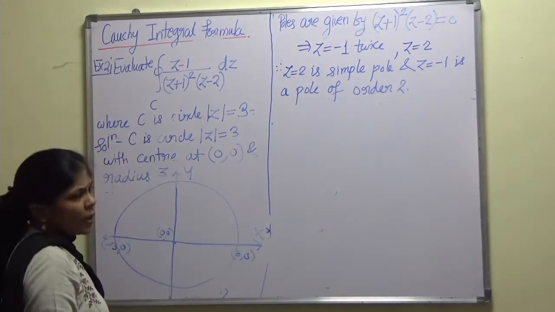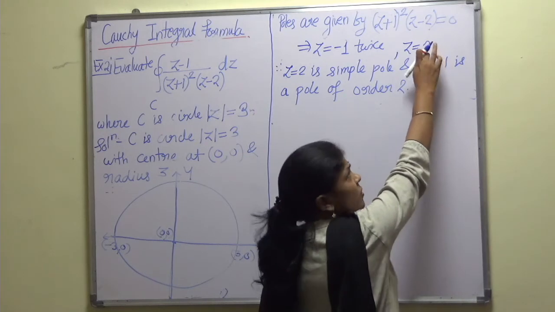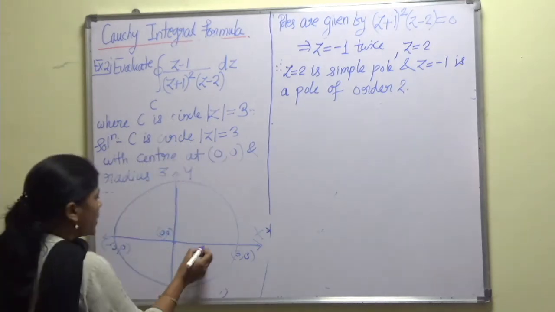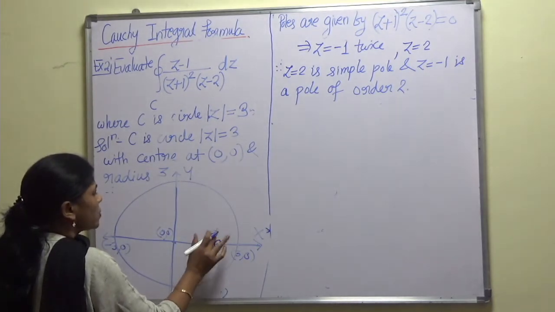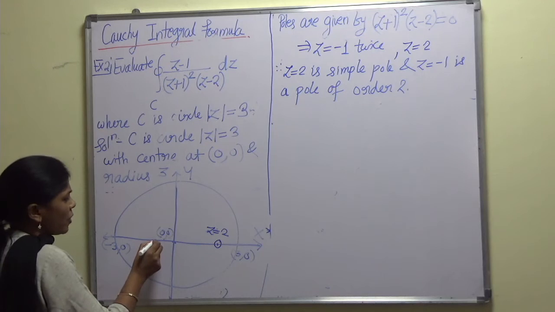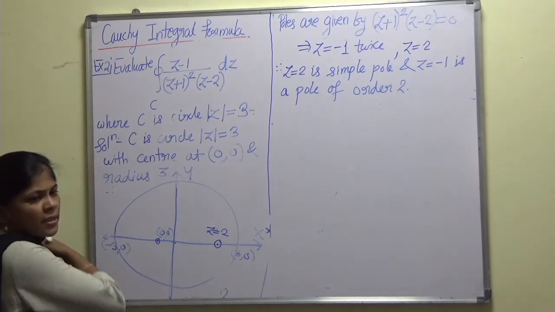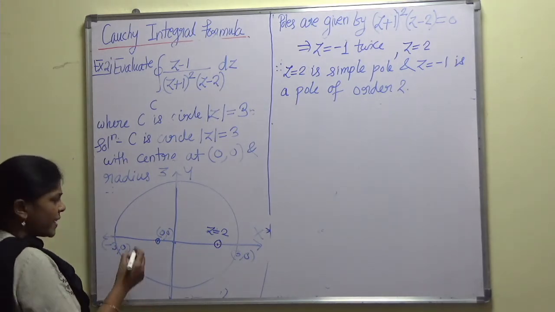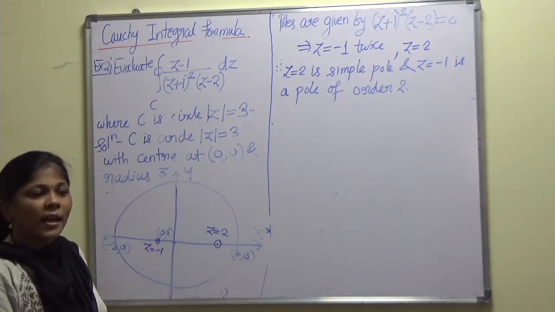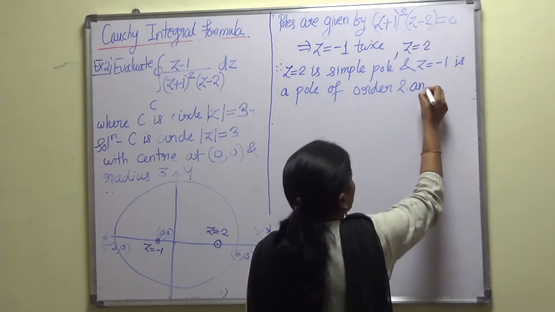So let us plot these poles. As I told you, there are no other terms, no imaginary part over here, so this is as good as x is equal to 2. x equal to 2 is somewhere over here. So this is the pole z equal to 2. And z equal to minus 1, which also does not include any imaginary part, is the same as x equal to minus 1, y will be 0. So this is z equal to minus 1. In this way we get both the poles, and both are lying inside C.